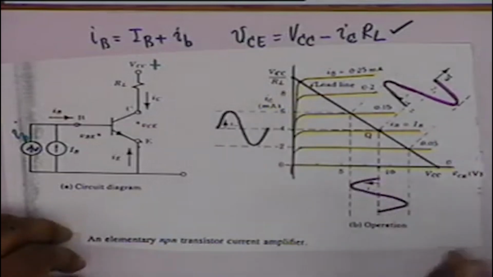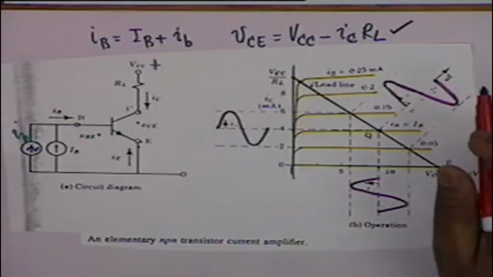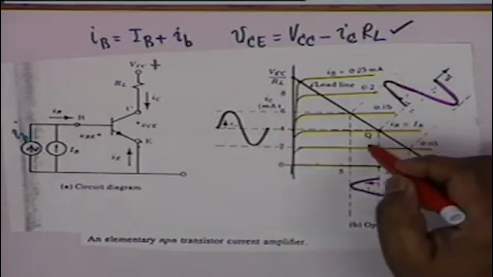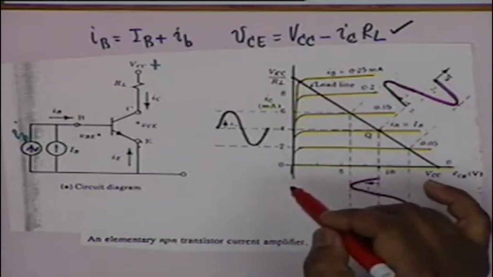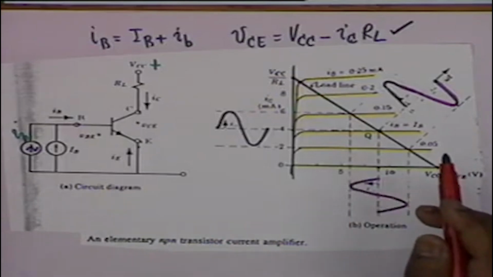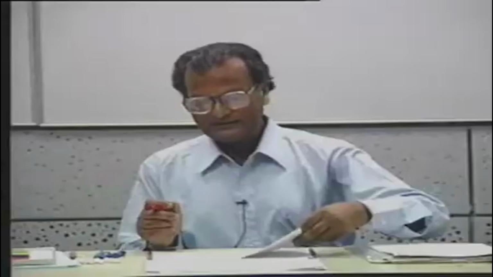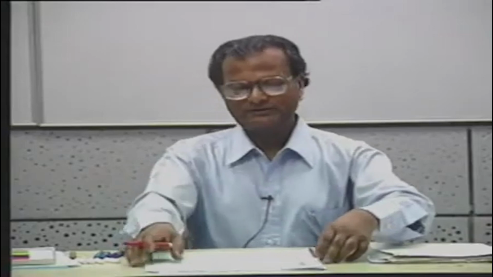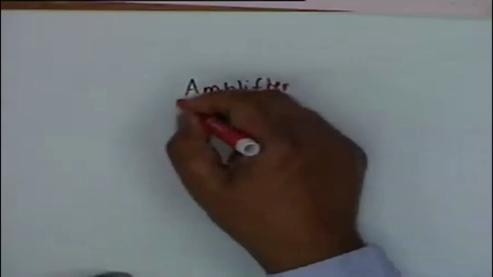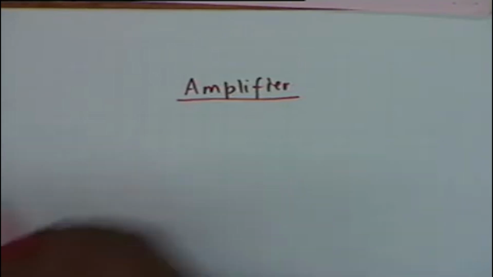And therefore, for faithful amplification, where the base current variation shall lead to an exact replica, but an amplified or magnified replica in the collector current, you require that part of the characteristic where the lines are equispaced, that is, equal increments of base current lead to equal increments of collector current. This is the basic idea of amplification, how a transistor can be used as an amplifier. Before we take up this topic again in an actual circuit and see how the Q point is determined, let's